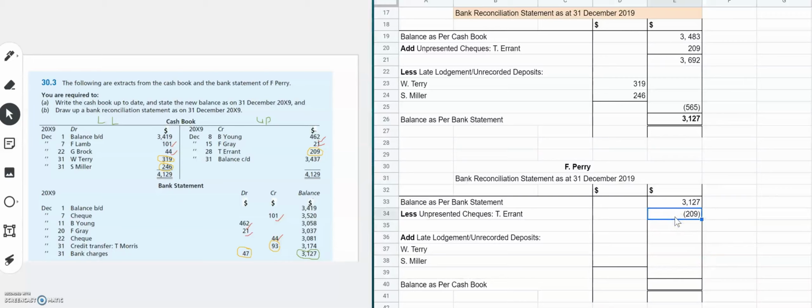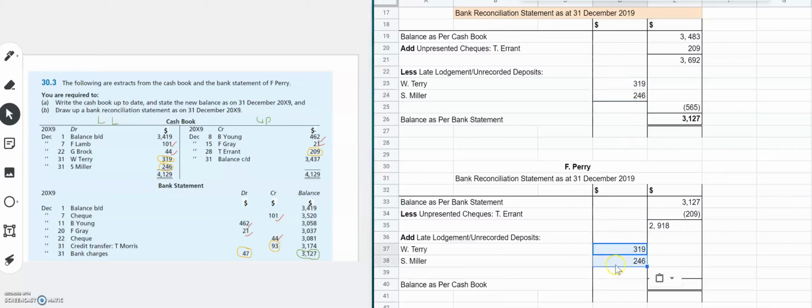So we're going to subtract 209 from 3,127. That is going to leave us with 2,918. Alright, then after that we are going to add